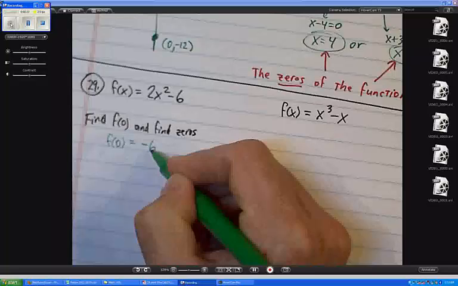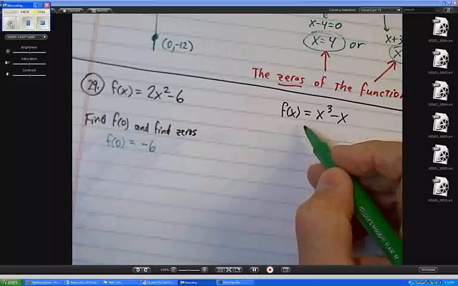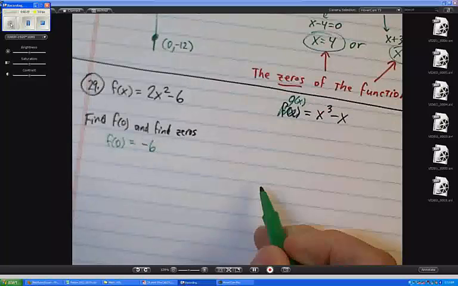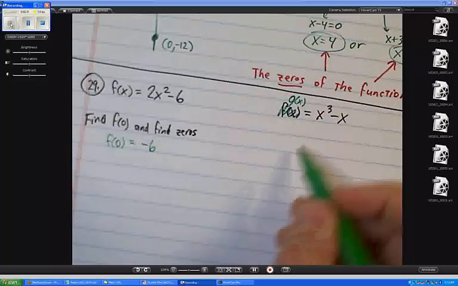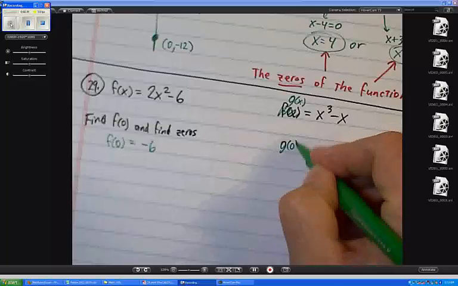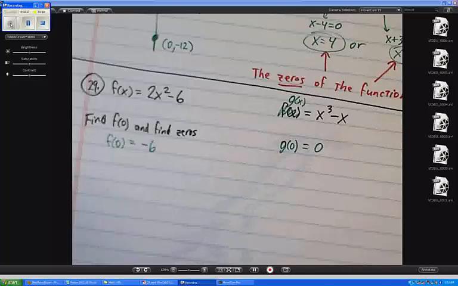And how about this other one? Let me call this one g of x so you can tell which ones I'm talking about. Okay? So g of x is going to be x cubed minus x. So then what is g of 0? Isn't that easy? Finding where 0 is the input, finding the y-intercept, is easy. Finding the x-intercept can be a little more work. Okay? So let's see. Now we want to find